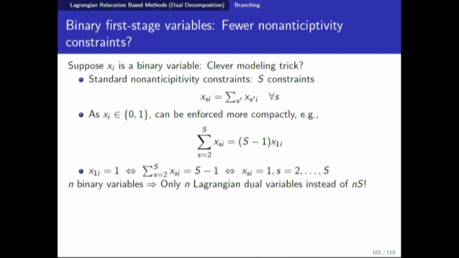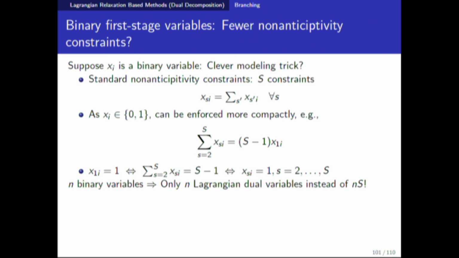So it's kind of magic, but it works because the variable is binary. So this is the one constraint. And so I picked one special scenario, call it x1i, scenario 1. If that guy is equal to 1, then this right-hand side is equal to s minus 1. And the only way the sum of the other s minus 1 binary variables can equal that is if they're all equal to 1. So when xi1 is equal to 1, everybody else is equal to 1. And vice versa. When xi1 is 0, everybody else is equal to 0. So this one constraint enforces all of the